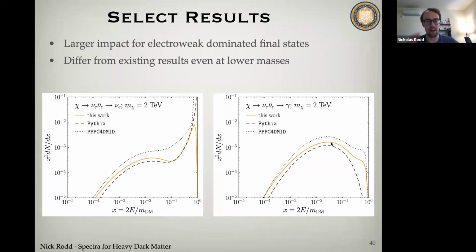I don't think that everything PPPC did at these lower masses is fully accurate, but I know that we're missing effects. For example, we only include the electroweak boson masses right at that second stage. It would be nice to actually match our results onto some fixed order calculation to try and improve that. So I think at the moment, for some channels, the differences between our curves and PPPC at lower masses is sort of the theoretical uncertainty that we would like to improve.